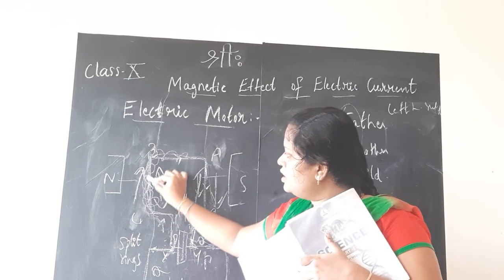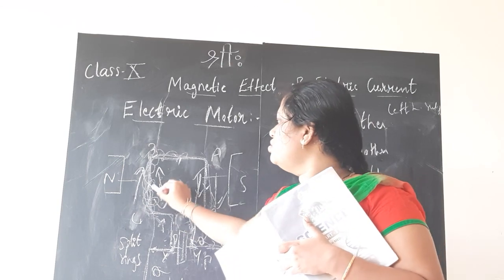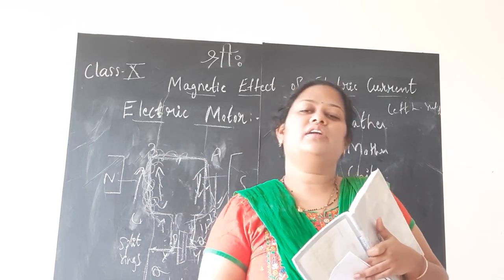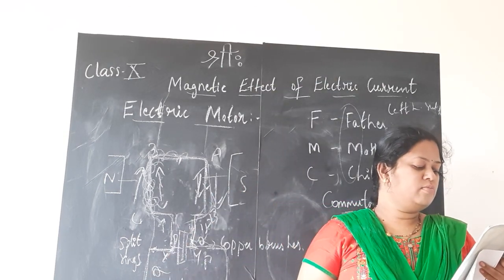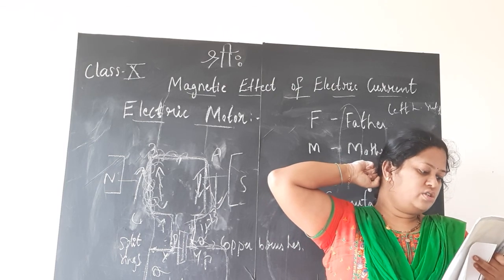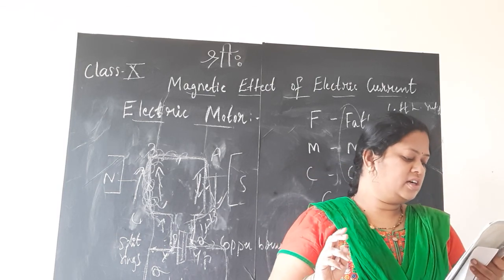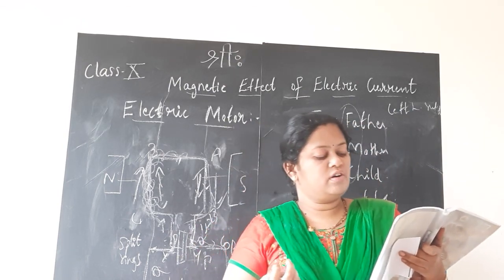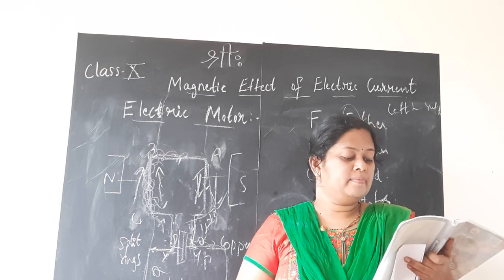Inside these turns, a soft iron core is used, which means when current is passed through this copper coil, the soft iron core inside it gets magnetized. So that is nothing but the electromagnet. Those are used in commercial motors, they are telling, children. The soft iron core on which the coil is wound, plus the coils, is called an armature. This enhances the power of the motor, means it increases the power of the motor. So this is what is used in commercial motors, children.